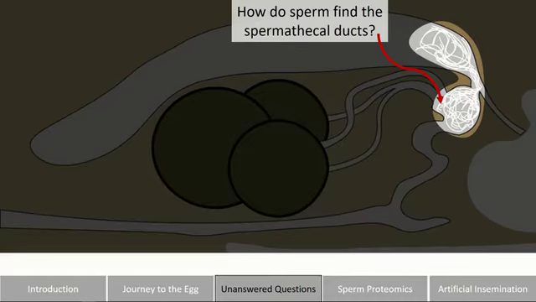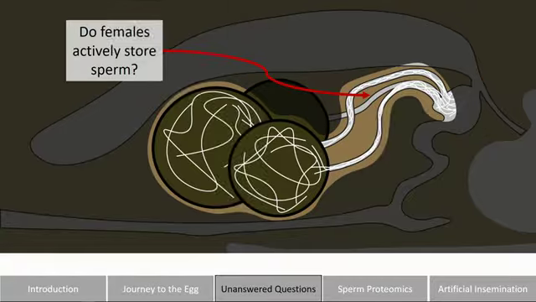As I just mentioned, we don't know how they're getting to where they need to be. They could be following a chemical gradient, using chemotaxis, or there may be some sort of physical structure, but again, this is kind of a black box. Once sperm begin to store, it would seem logical that they could just swim up themselves, but other authors have proposed that females actually create a negative pressure gradient in the spermathecae that sort of sucks sperm in. And I think that both mechanisms are involved, but we still don't fully understand this. And so I'm going to talk about that later in the talk.